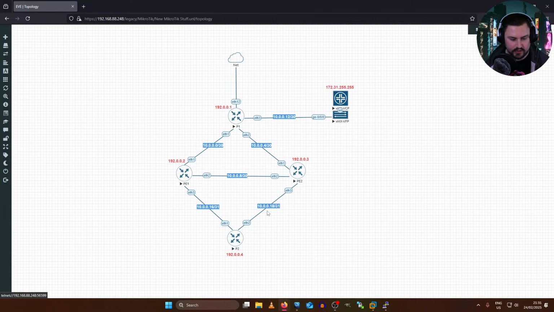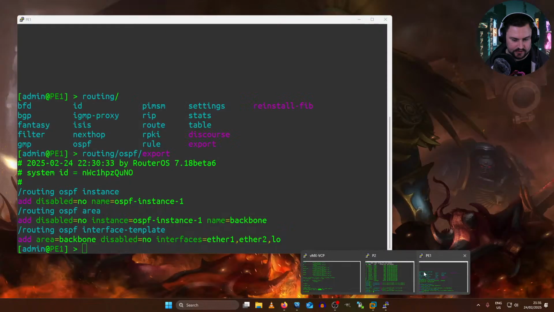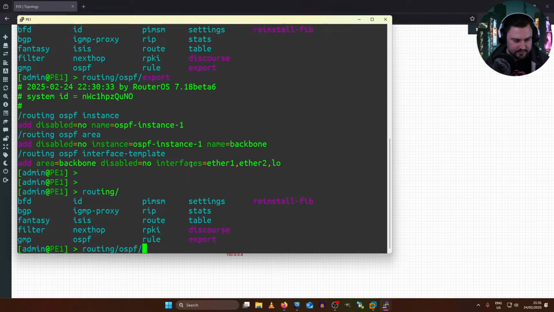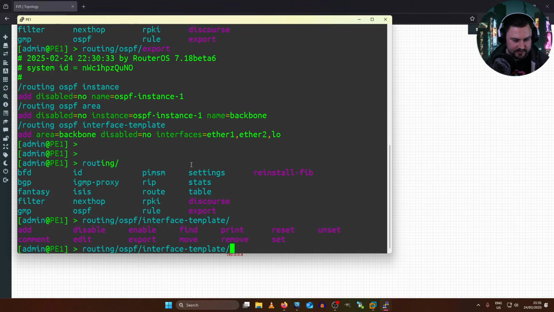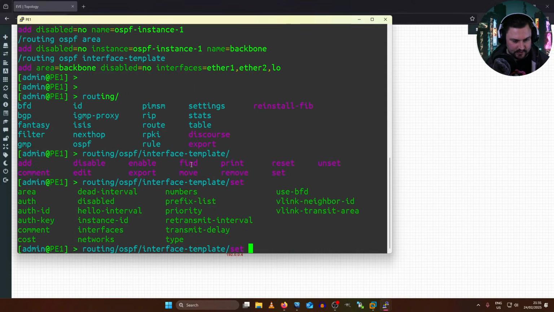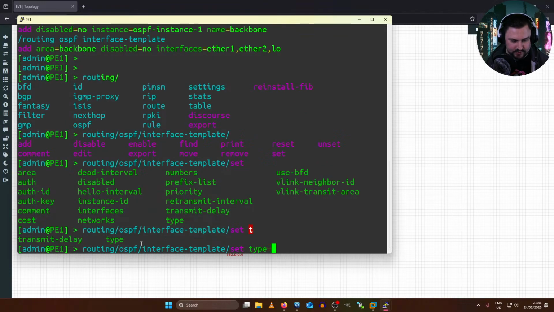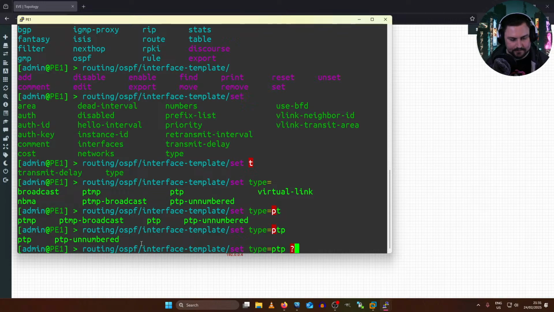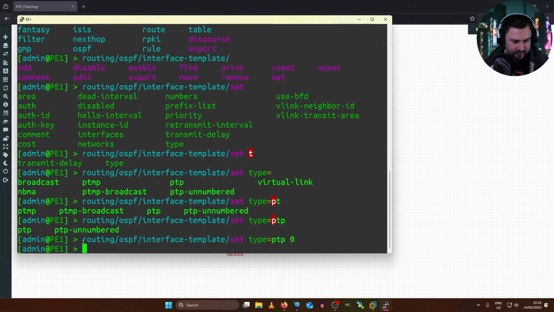Let's go and just quickly tweak these settings. I think I've got my P1 open already, and this is quick to do. So routing, OSPF interface dash template, set. Is it link type or interface type? Let's just see. It should be here somewhere. Type, just type. I'm just going to set this as PTP 40, and I can actually just copy paste that for...